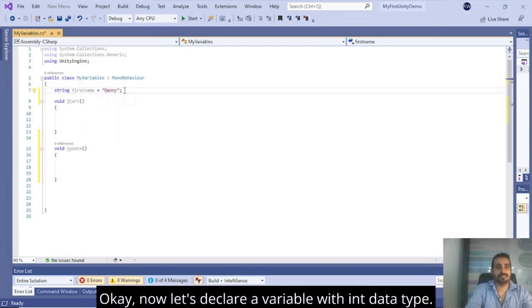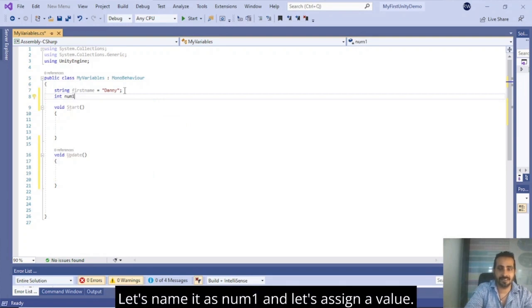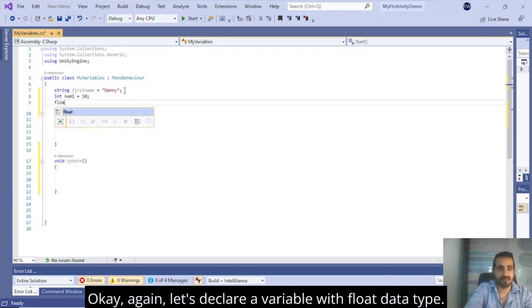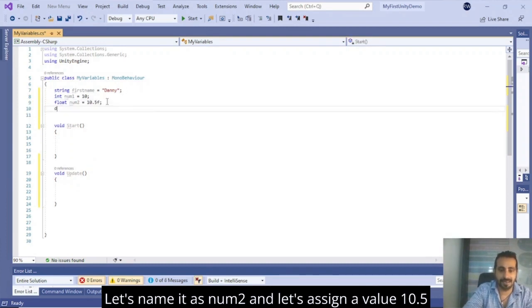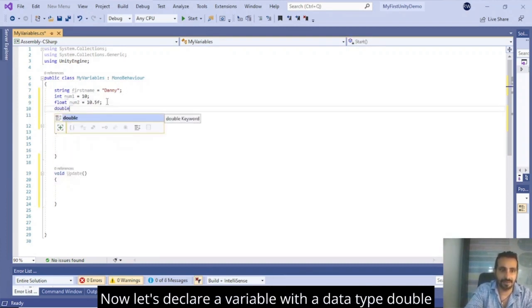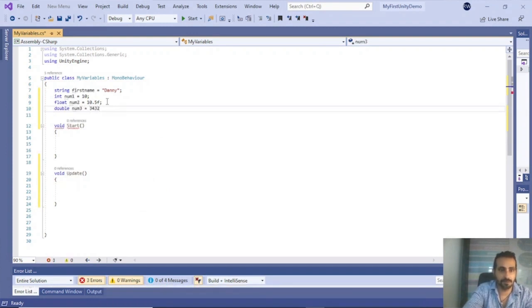Now let's declare a variable with int data type. Let's name it as num1 and let's assign a value. Let's declare a variable with float data type. Let's name it as num2 and let's assign a value 10.5. Now let's declare a variable with a data type double num3 equals to,